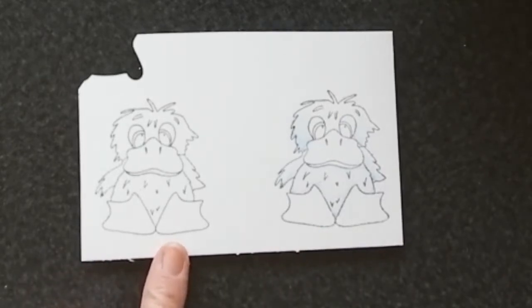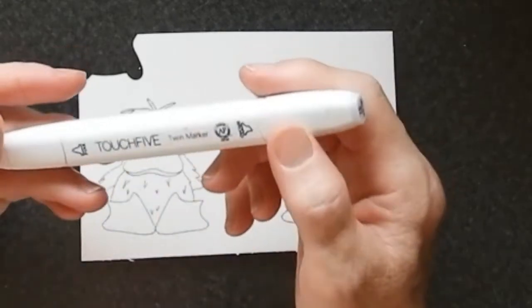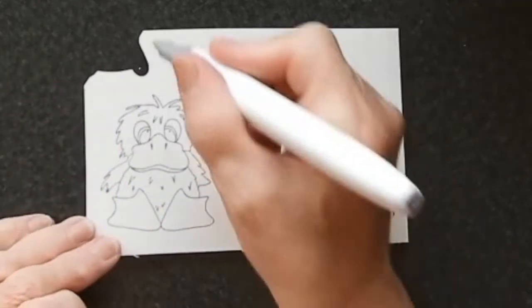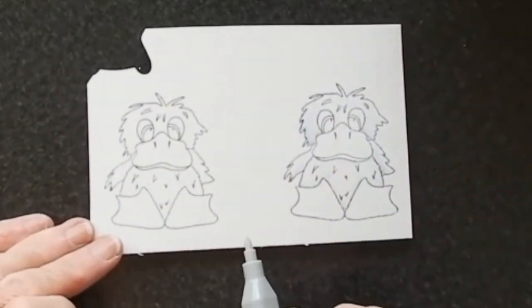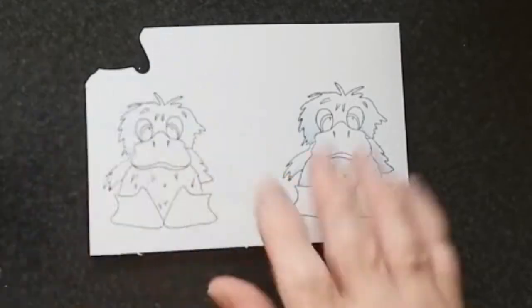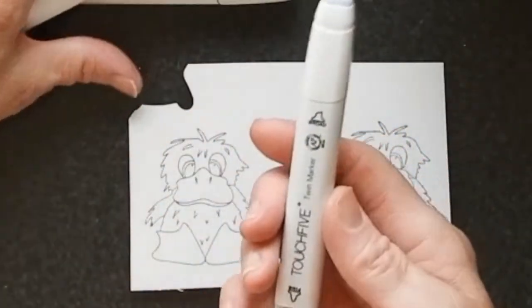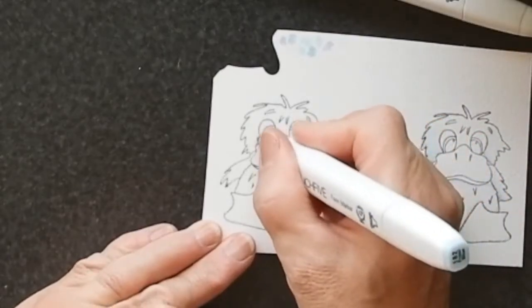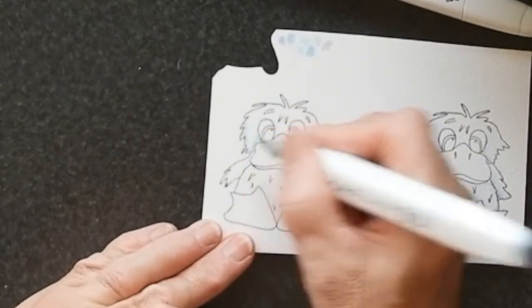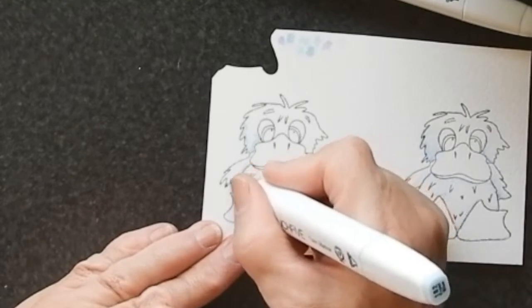So I want a really, really pale marker. And one I know which is really, really pale is this one, which is the dark blue light. In fact, it's so pale you can barely see it, so I think I need a light blue as well. Right, I've got some possible markers here, and I'm just going to have to colour swatch them. I'm going to go in the same sort of area as I did before. So just up there, a tiny bit on the wing,